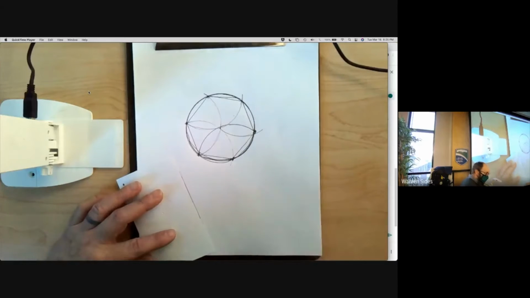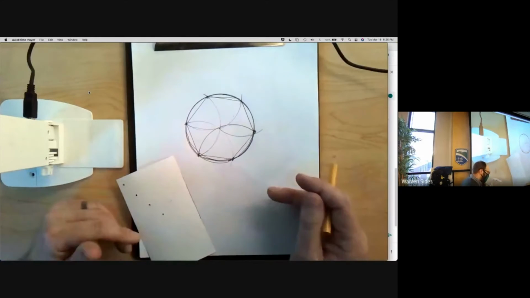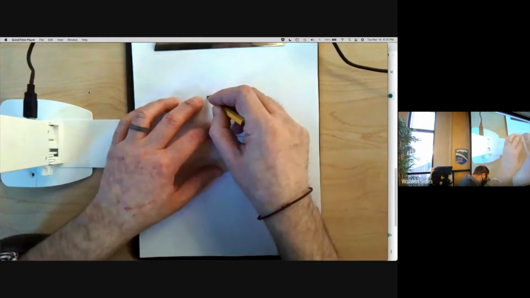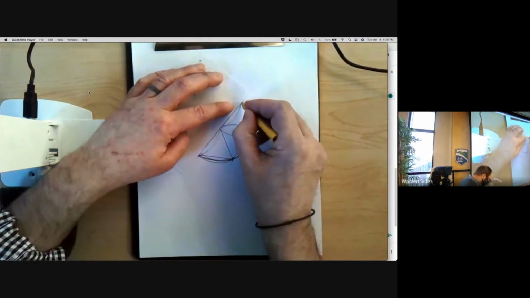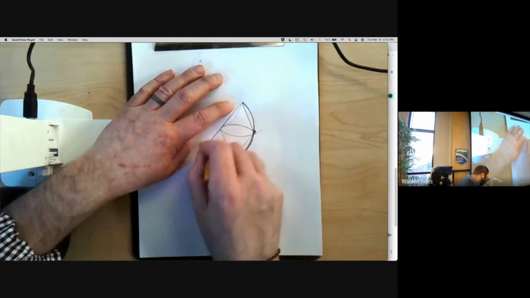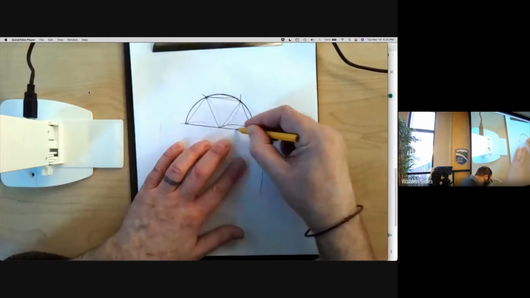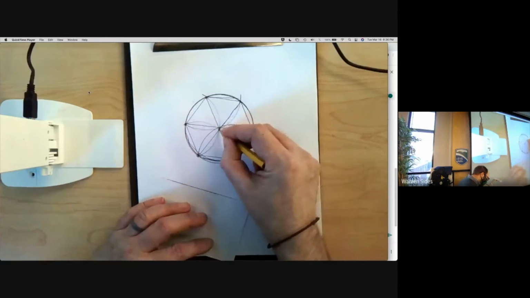Fun fact, they knew, I don't know how much they knew, but at least ancient Greek mathematicians knew that when you do this, you will always make what is a regular hexagon. It has all the same length. These are all little equilateral triangles. For those, again, keeping track at home, here's a diameter